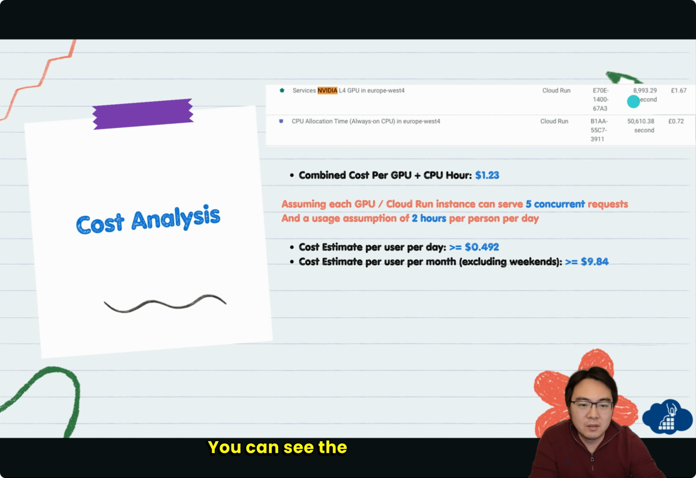You can see the couple of hours of time in here costed £1.67. So I converted everything to dollars. It's just easier for everyone watching the video to understand. So based on this cost, I worked out the combined cost per GPU plus CPU hour, because the